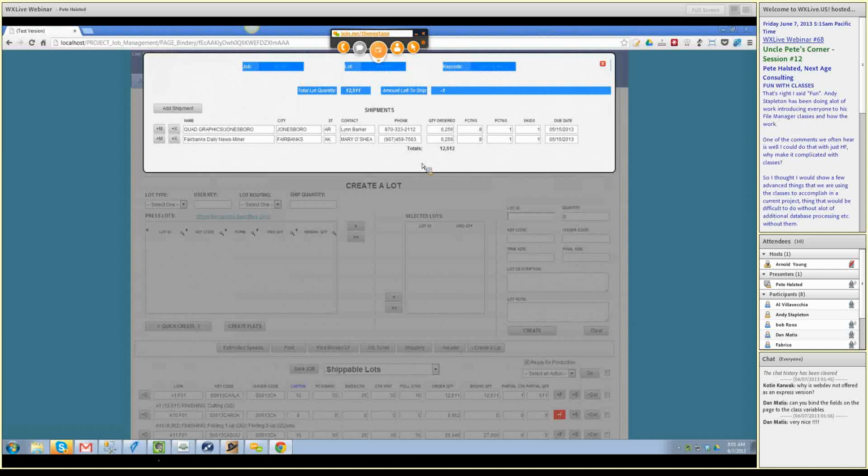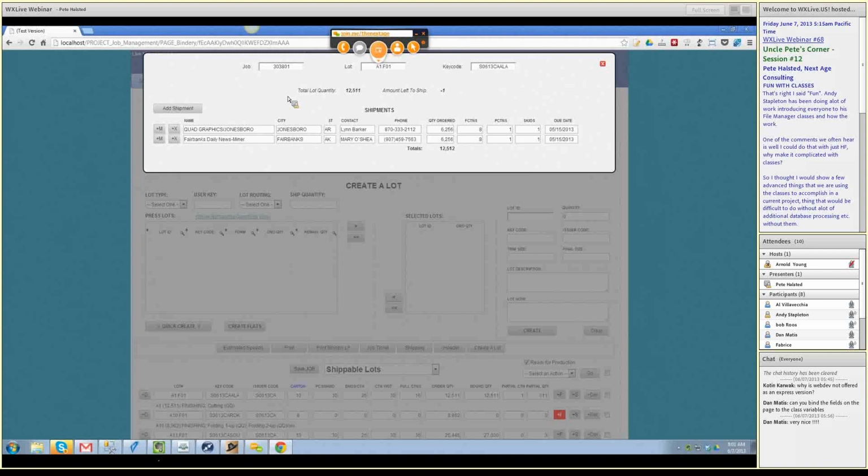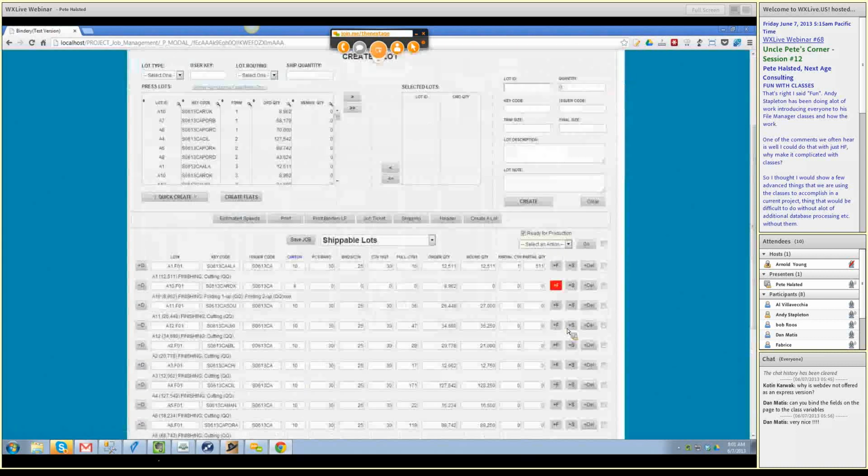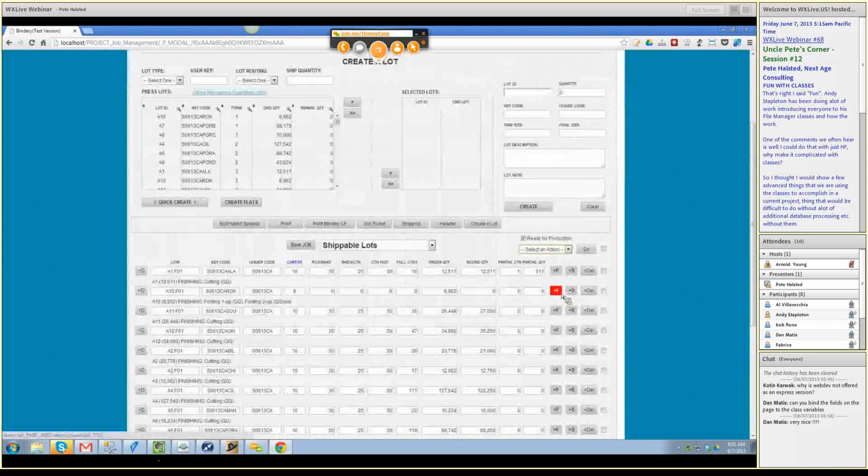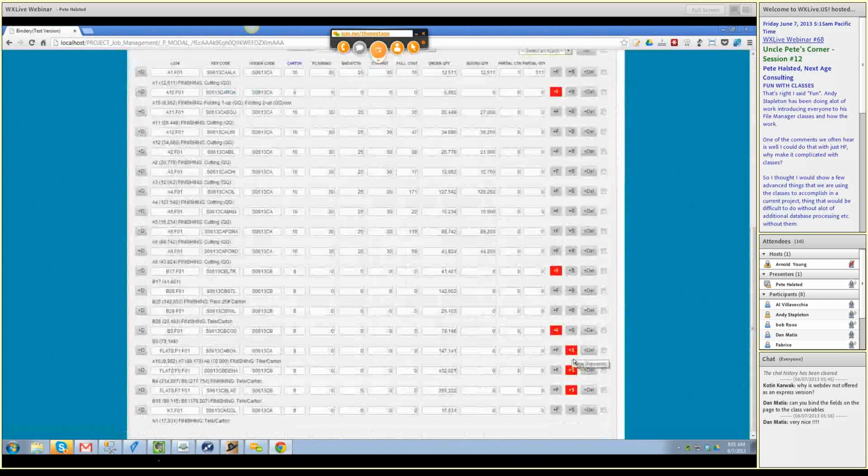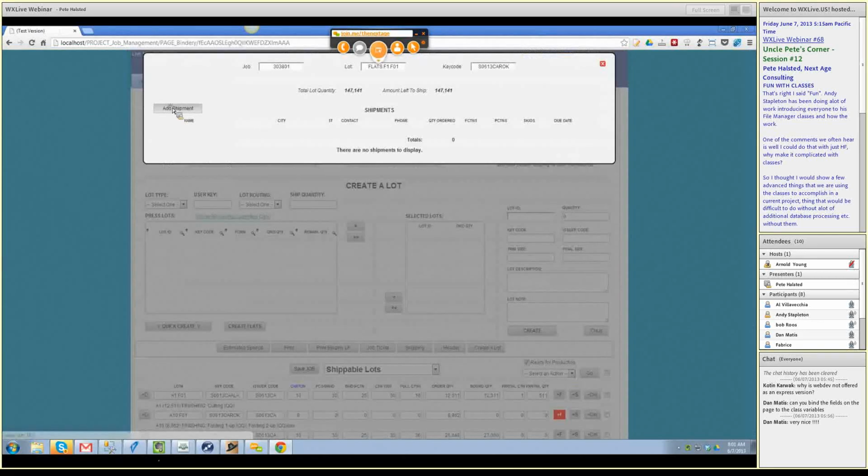Well, all we do now is we pass it that lot class, let you do whatever you want with it, and then when we come back, you'll notice how some of these are red. That means that you don't have a shipment for that one yet. If I come in here and add a shipment,